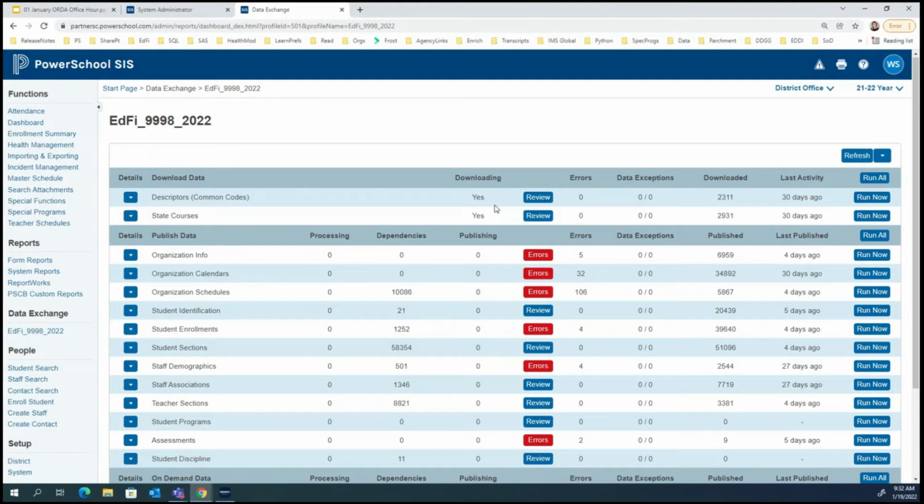And you probably gathered, just listening to Wyatt's explanation of what's going on here, we're not going to be successful at trying to publish these things until those two categories are downloaded. So we have to do that first. We can't just randomly start. I mean, we can push these buttons, but nothing will really happen until we've done this. So once those have completed downloading, we're just about ready to start to publish categories.